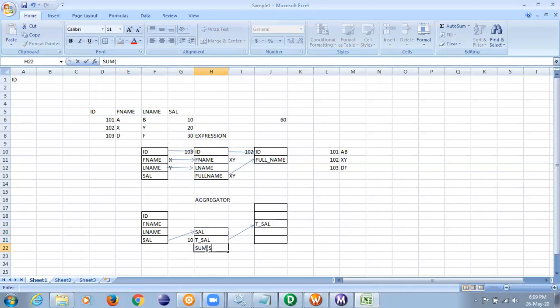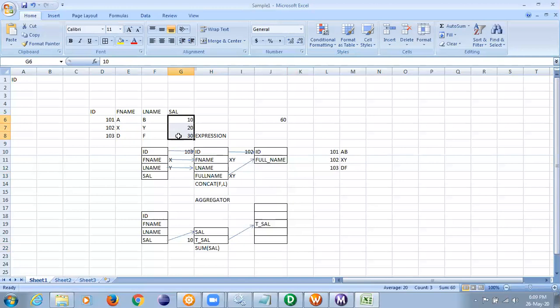Sum of salary. Correct? This is the function which I have written here. What function will I write here? Concat, first name, comma, last name. I'm just writing in short form here. Concat first name, last name in here. I will try writing that in the software also. Am I correct? Now, to operate the sum, won't I require all the columns?